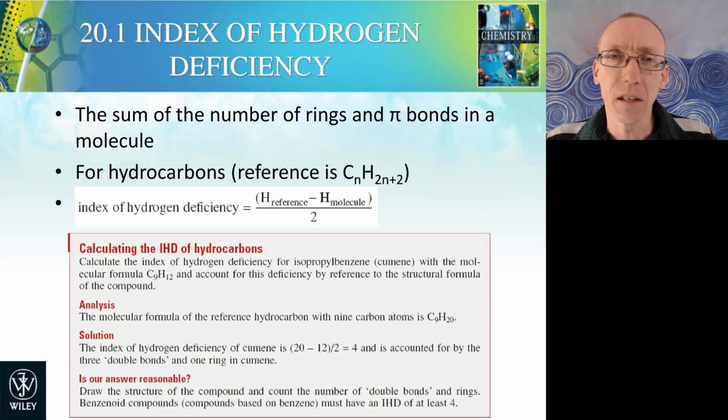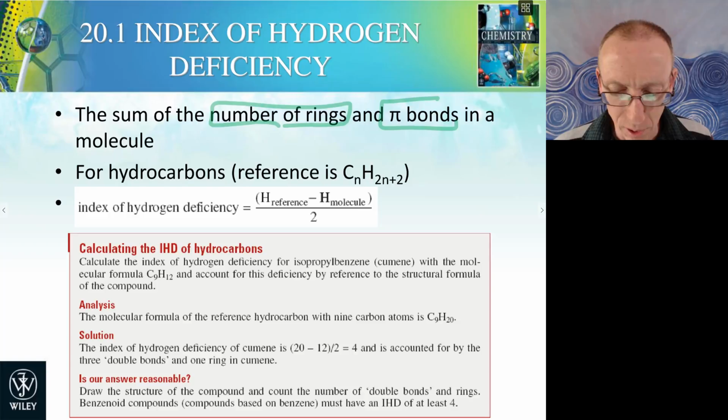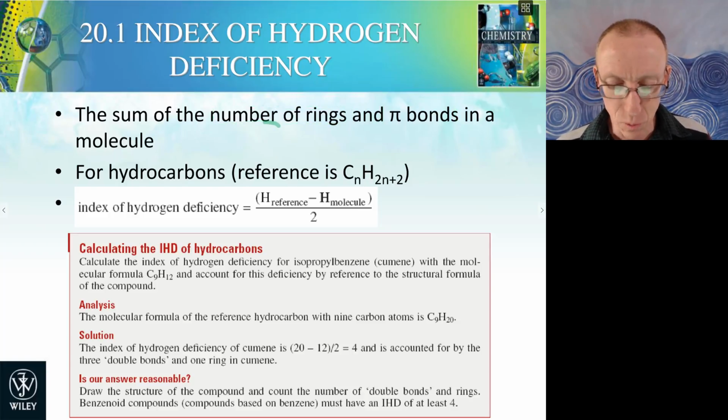Now, related to this, the first technique I'm going to talk about is mass spectrometry. And that's really about trying to work out the molecular mass and the molecular formula for the compound of interest. And to do that, we want to work with something called the Index of Hydrogen Deficiency. So this is the sum of the number of rings and the number of pi bonds in a molecule. And it relates to what we would expect for a non-cyclic, completely saturated hydrocarbon or molecule that's related to our molecule of interest. So the index of hydrogen deficiency, for example, with a hydrocarbon, we could work it out. The reference would be